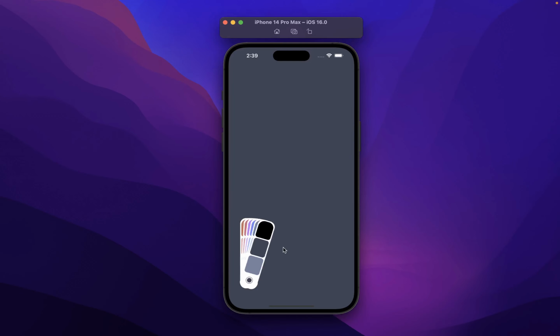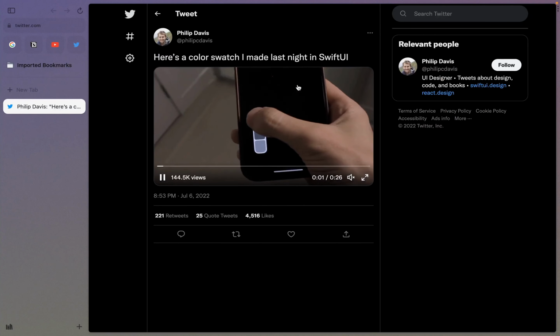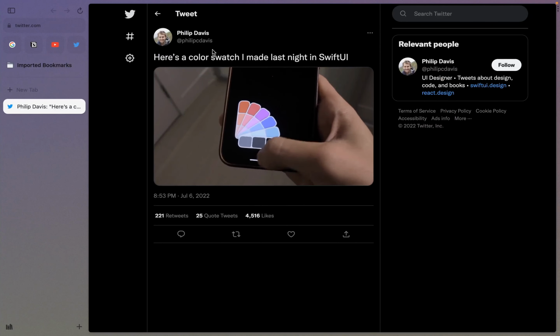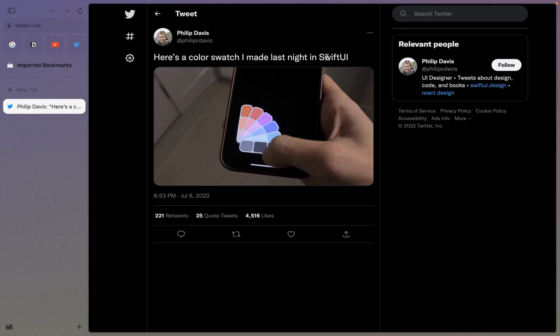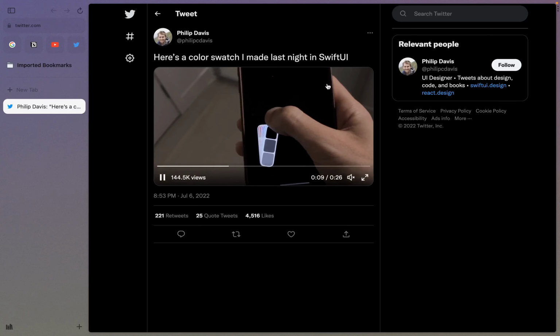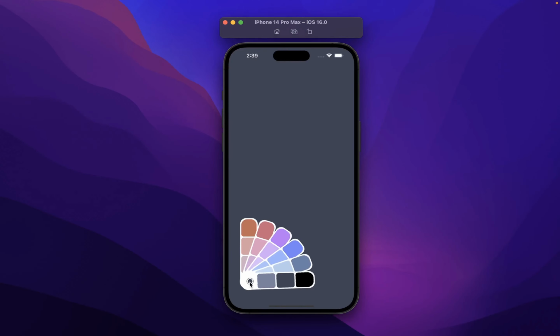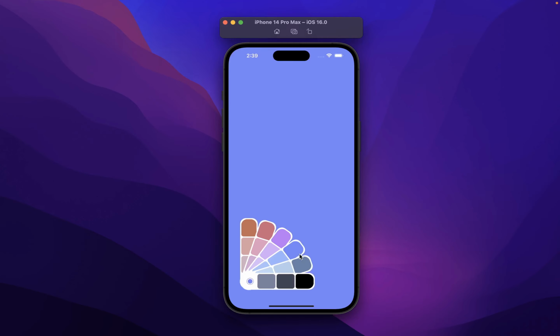So in this video, we're going to be implementing this animation from scratch in React Native, which is inspired from this demo on Twitter, originally created by Philip Davis using SwiftUI. So we're going to be implementing the same, but with some minor additions, like the anchor at the bottom, on click of which we can open and close, and on click of the colors, it can change the background of